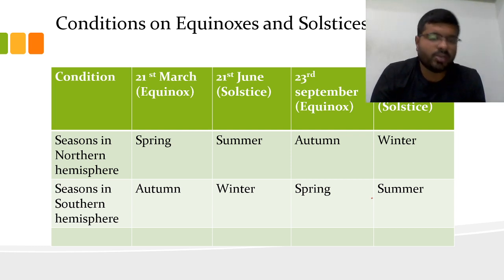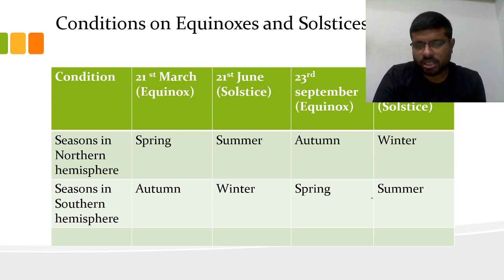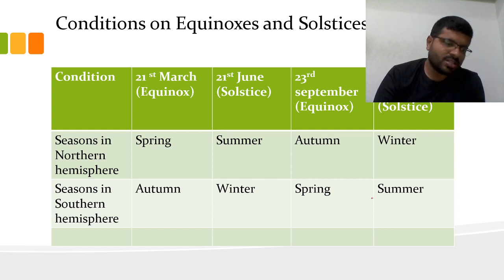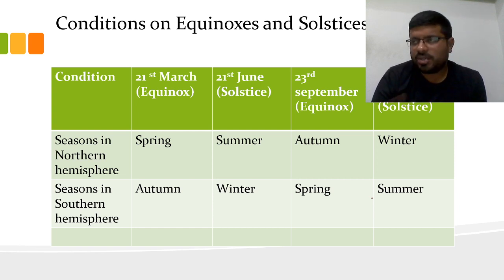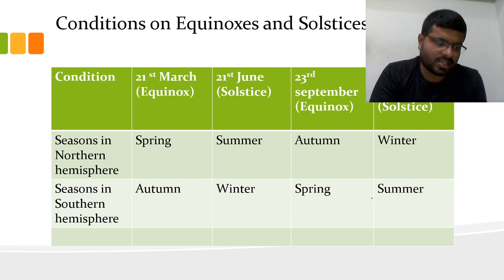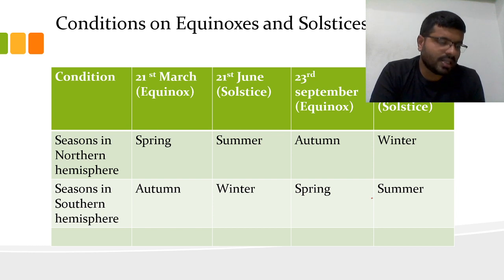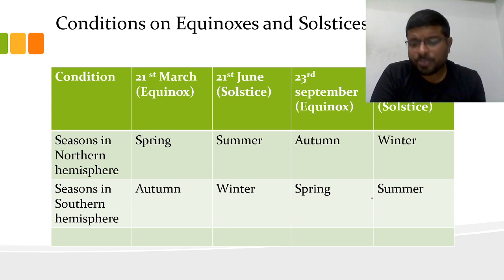So in the northern hemisphere, spring starts in the equinox month. Summer is around 21st June. Then autumn, winter. And similarly in the southern hemisphere, autumn, winter, spring, summer, the variations. Usually around the world, imagine that there are only 2 seasons, summer and winter. Across the equatorial areas there is no concept of winter, there is only summer. Across the polar areas it is always around winter, less of summer. In between, you will find spring and autumn, right? See, these are the variations. I hope this concept is clear.